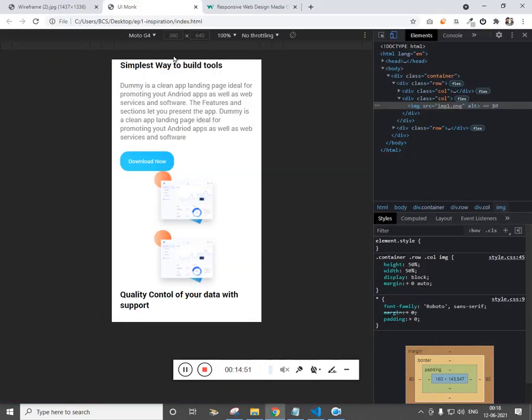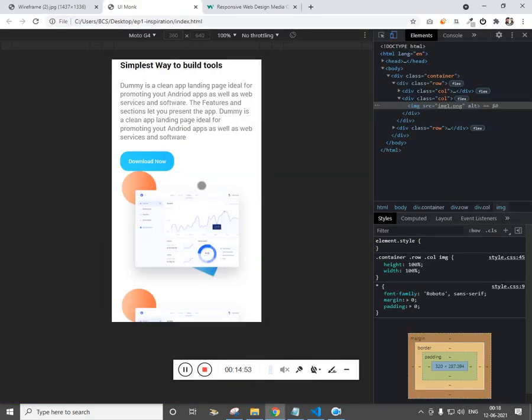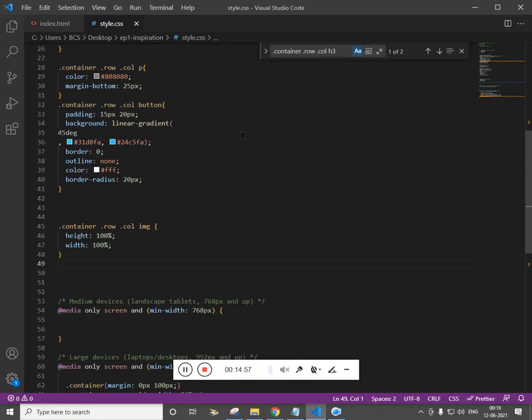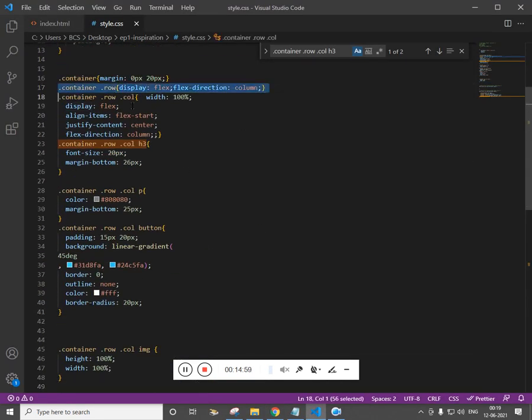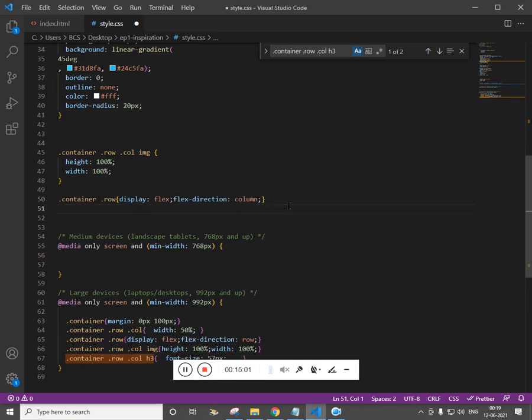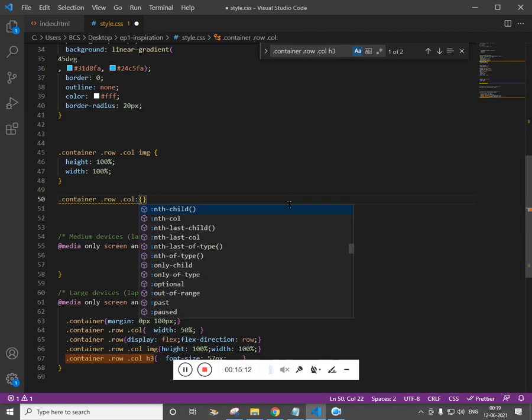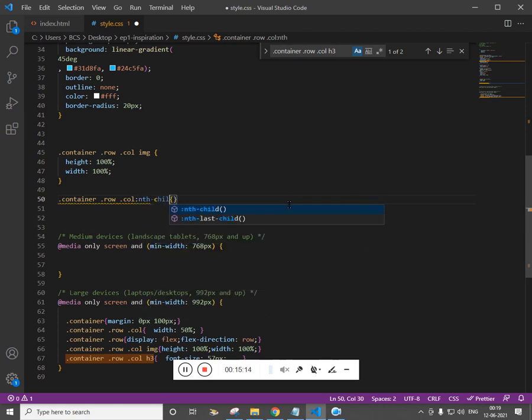Cool. I want this to be at the top, so for that what we can do is select the row. Inside the row we have column, for the first column, nth child, so we have 2 rows, right?